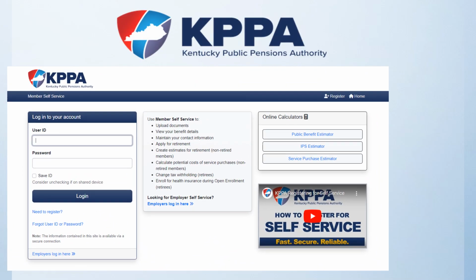Once you are on our self-service website, you can log in if you've already registered and know your credentials. If you have not registered, you can click the Need to Register link to begin the process. If you have registered before and do not remember your user ID or your password, you can click on the Forgot User ID or Password link. It is the same process as registration, except it will ask you for some information you've already submitted when you